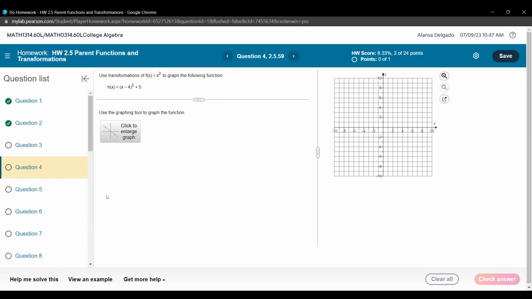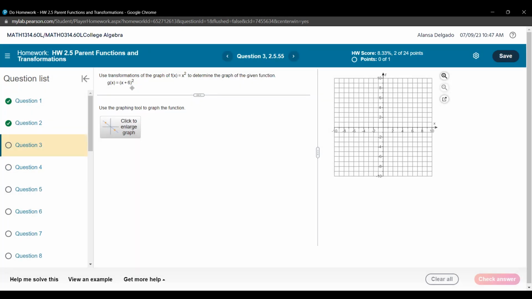For this one, do I FOIL this out? Are you skipping question 3? Oh no, I was just looking around. But for 3, do I FOIL this out? No, no, because